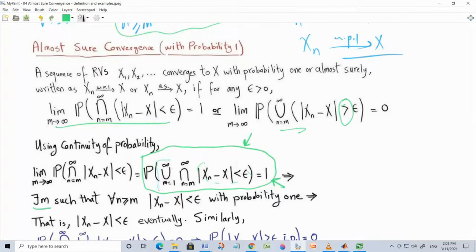There exists an m, right? Because you have a union, so it must happen that there is at least one value of small m. We don't care. It may be a huge number, a number that you cannot even fathom, even bigger than any number used in physics or anything else. But who cares? There exists some finite number, no matter how large, such that for every n greater than